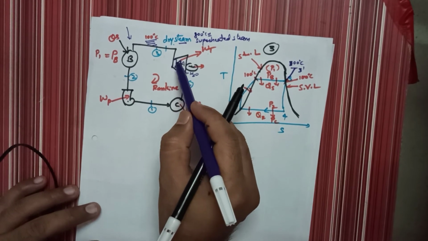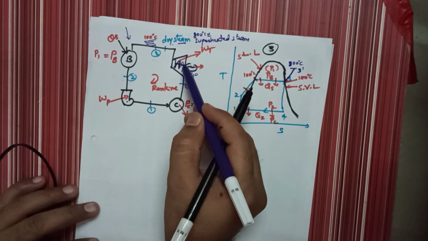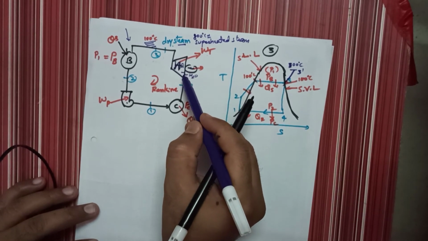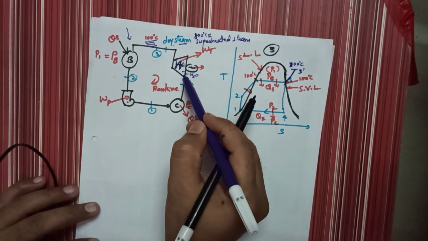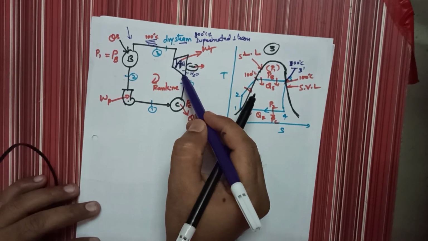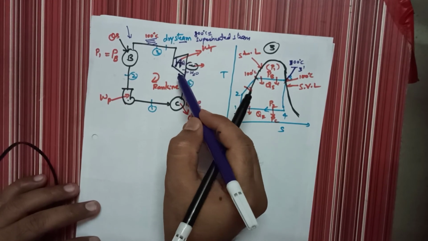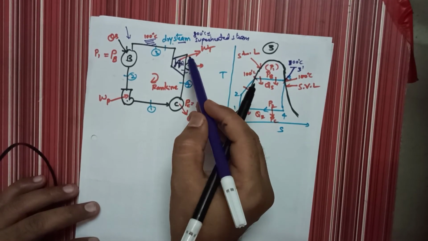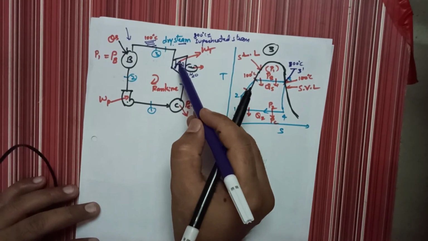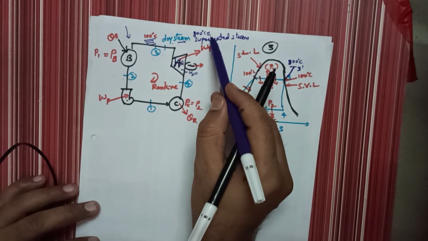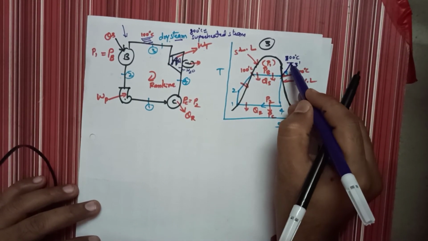In the first stage 800 will become 700. In the second stage 700 becomes 500. So if you pass to the end of the turbine, the last stage, still the temperature of the steam is more than 100. There is no chance of formation of water particles. So then the turbine is safe. That is the reason in the vapor power cycle, the steam which is passing to the turbine should be superheated. So due to superheating, the temperature increases.